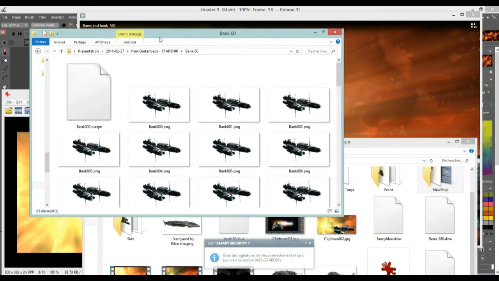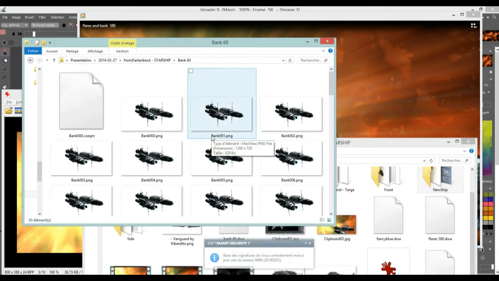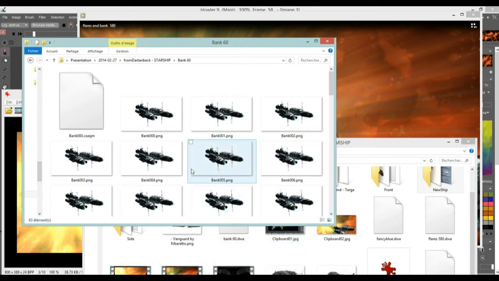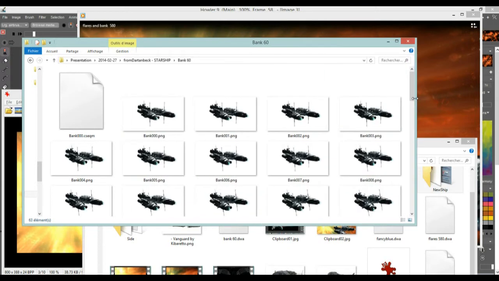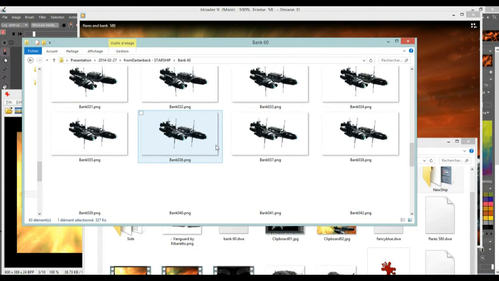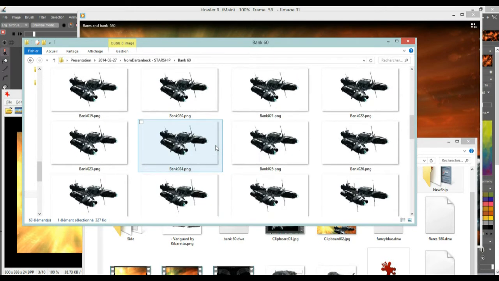Alright, it's time to revisit some of the work we did last week, or a couple of days ago, during the Photoshop user presentation of PD Howler and Photoshop used together. Somewhere in that presentation, we focused on a sequence of images rendered by Daniel Beck, also known as Dartenbeck. He had sent us a great set of images from a spaceship that was kind of banking a little bit,